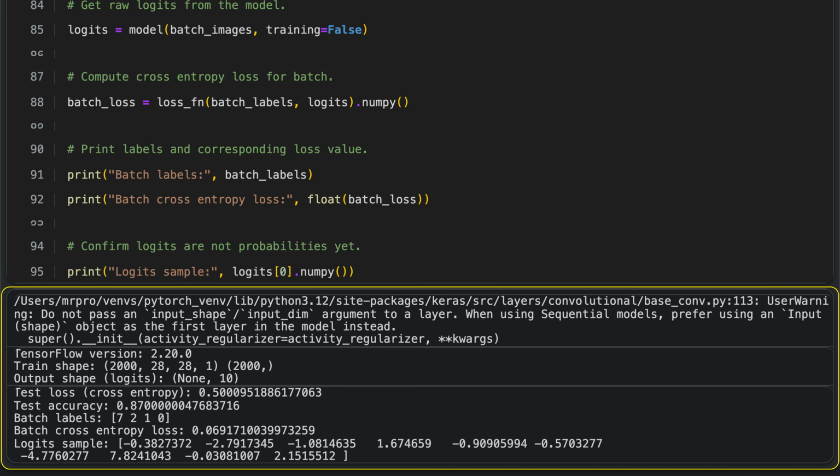This script shows how cross-entropy loss is used in a simple convolutional neural network built with TensorFlow. It loads a small subset of the MNIST dataset, normalizes and reshapes the images, and defines a basic network with convolution, pooling, and dense layers that output logits. The model is compiled with the Adam optimizer and sparse categorical cross-entropy loss, which is suitable for integer class labels